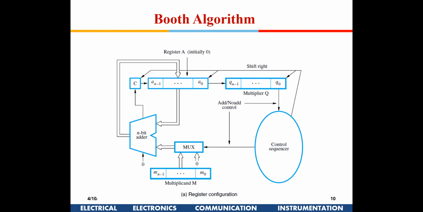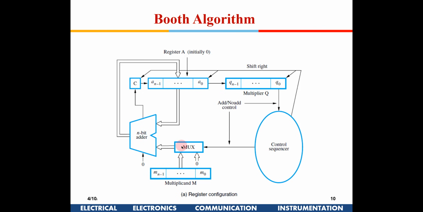So this data gets loaded out here, right? And I can say the optimum way to use this circuit is during the negative edge of the clock. During the positive edge of the clock, say I am loading the data, and during the negative edge of the clock I am going to shift this data to the right. So once I have this data coming here, I will be shifting it to the right in the negative edge clock. Okay, so what I have done, based on whether it is 0 or 1, I have added either 0